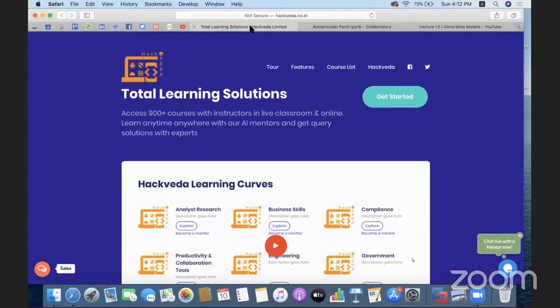Welcome everyone. Welcome to our session on autoencoders. So in today's session, we are going to understand how we can make use of autoencoders in development of applications like image denoising. In our previous session,